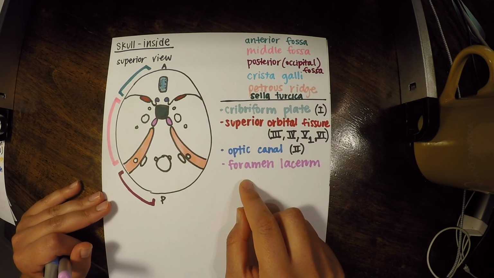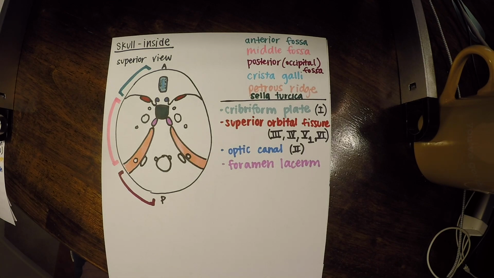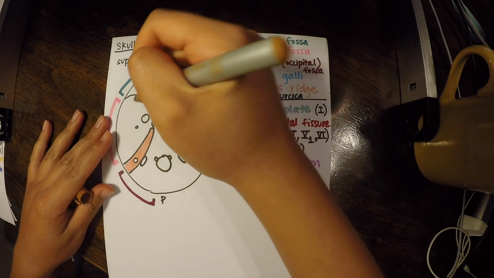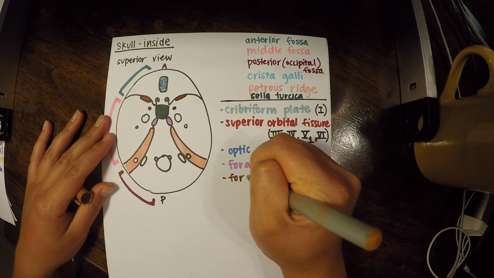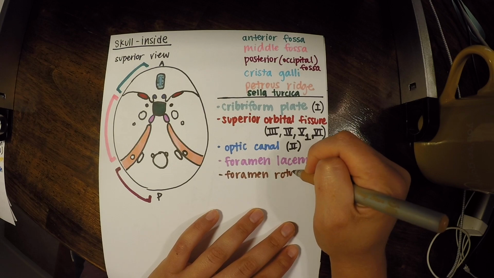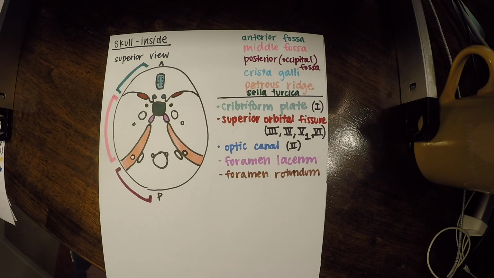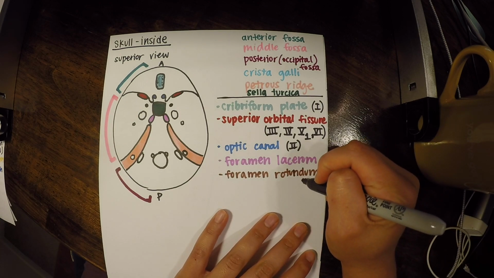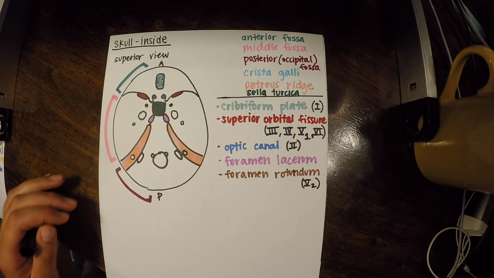But anyway, jumping back over to foramen, the next one I want to show you is your foramen rotundum. That is this little one right up here in brown. Foramen rotundum. And the cranial nerve that passes through there is the second branch of cranial nerve 5. So we're going to write 5, number 2. Remember, number 1 was up here through superior orbital fissure.